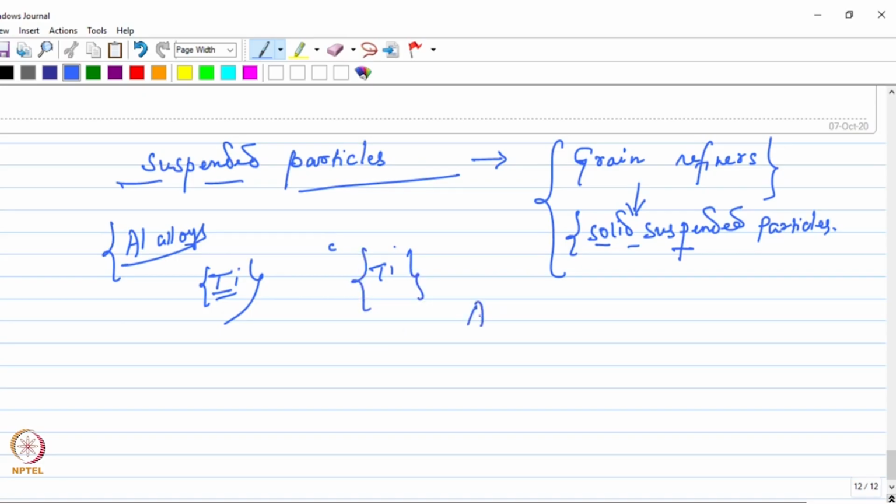It is the intermetallic which will form between aluminium and titanium, and these intermetallic particles will actually act as the heterogeneous sites. And how do you do this? You basically use aluminium titanium master alloys,